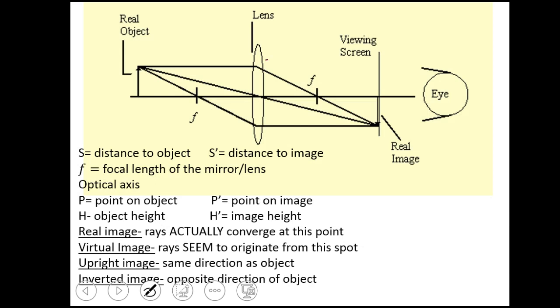All right, and then a little bit more vocabulary. This is going to help you with your formulas. And so what we see is that in their formulas, we have some variables that start to look really similar, except some of them have apostrophes. And so I'm going to take a second and just kind of explain that in terms of this converging lens picture. So all lenses and mirrors